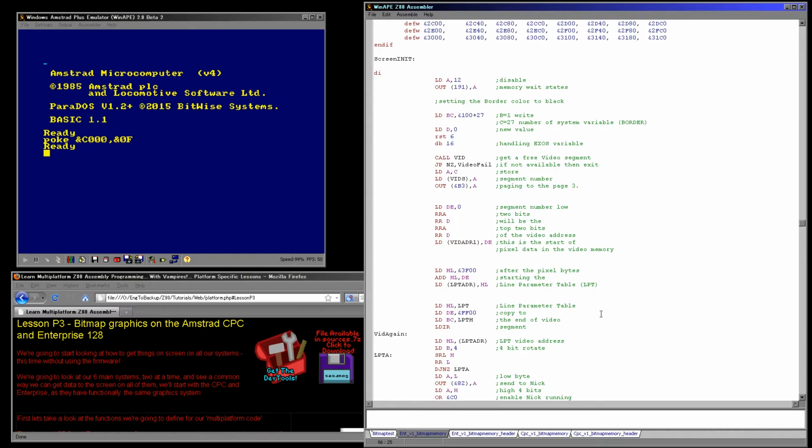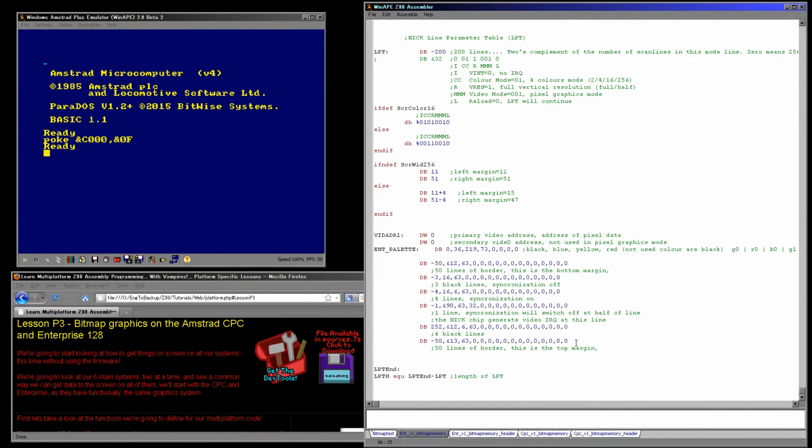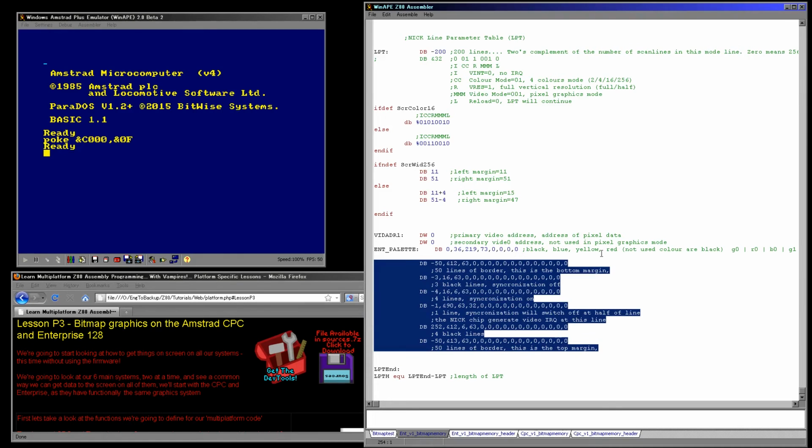The Amstrad CPC can change screen modes multiple times per screen, so can the Enterprise, but the Enterprise does it in hardware with no processing power used at all. The way it does that is it has something called a line parameter table, which you can see an example of at the bottom, which defines everything from the pixel data, the organization and color depth of that pixel data, the colors used by that pixel data, and also the borders and the screen